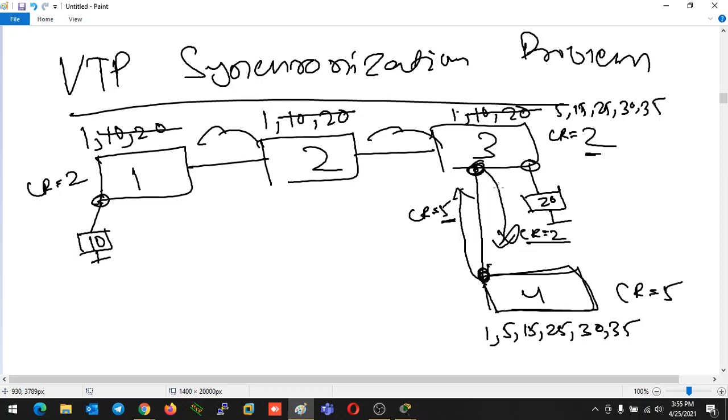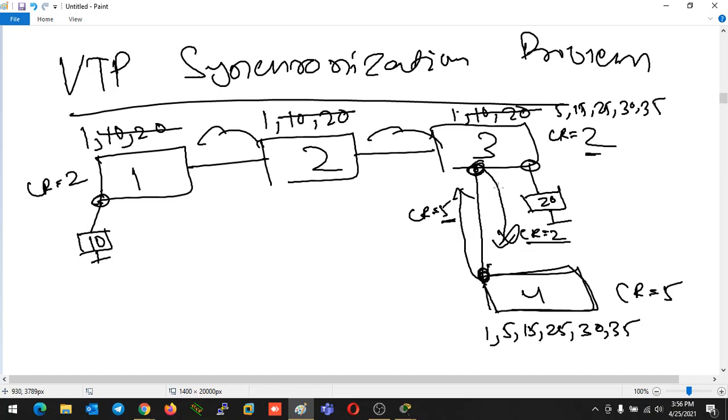Okay. So whenever we connect an old switch to our network which has a higher CR value, the old switch with the higher CR value can update our whole network with its own VTP database and replace the database which my network is using. So in that case what will happen?